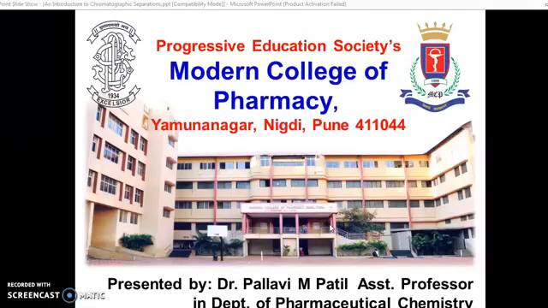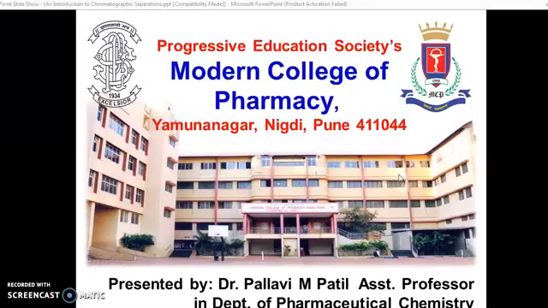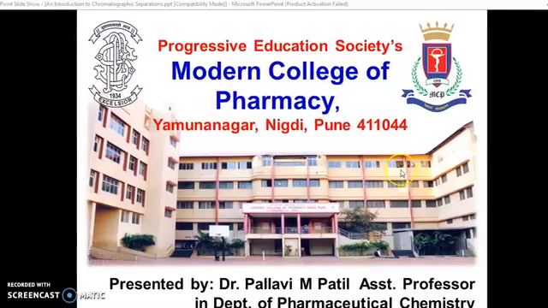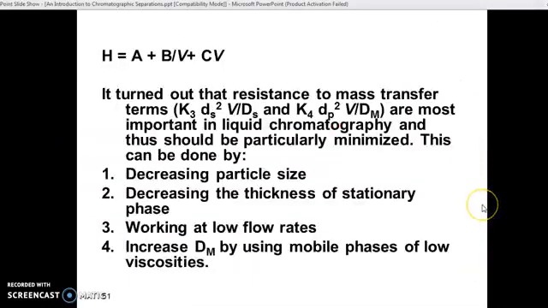Today we started with the same topic, that is chromatography separations. With this topic, we will see the next subtopic. Now, what is it? We say longitudinal diffusion, as well as how we are designing the width of the peak on the